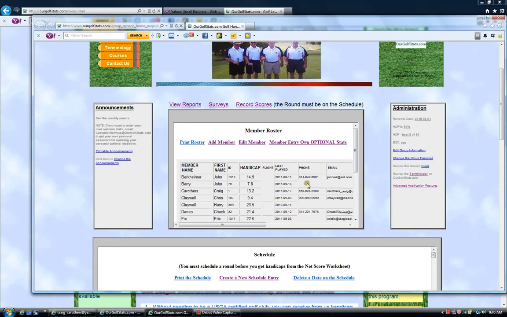Inside the member roster box, you can print this roster. Some groups have this password enabled, whether you can add members or edit member information, so that not everyone can do it. Some groups leave this not password protected. It's up to you. For groups who have one person do the data entry of the scores,